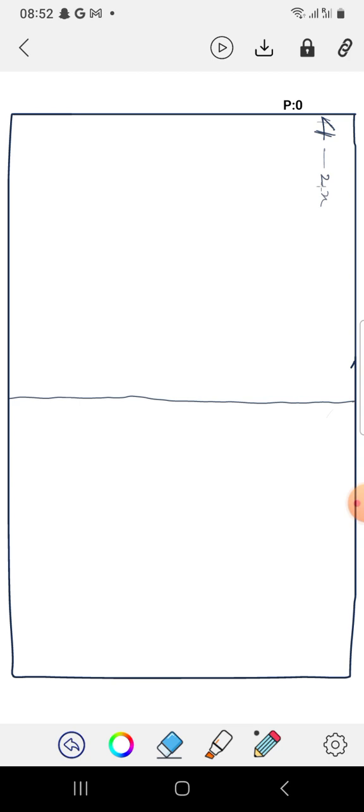It's ringing a bell, but let's just do it still. Okay, so if we are to resolve this into partial fractions,